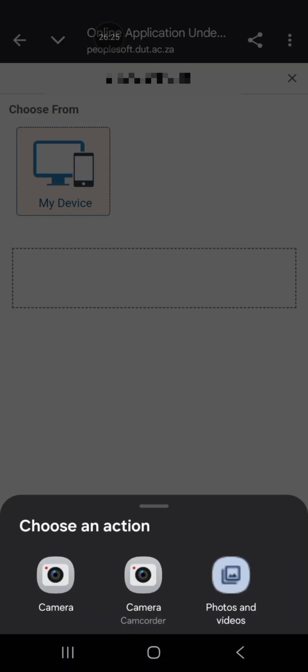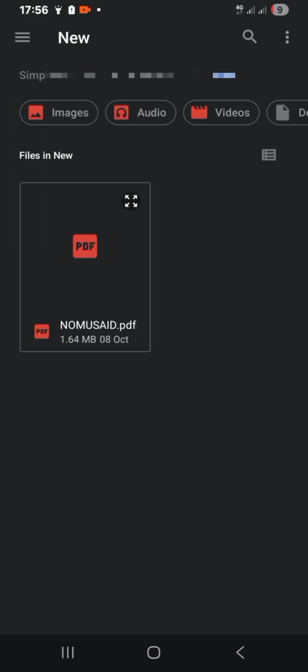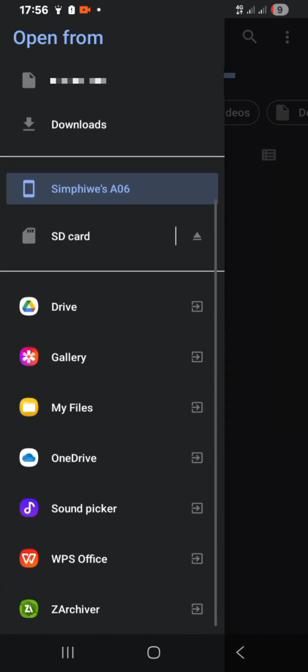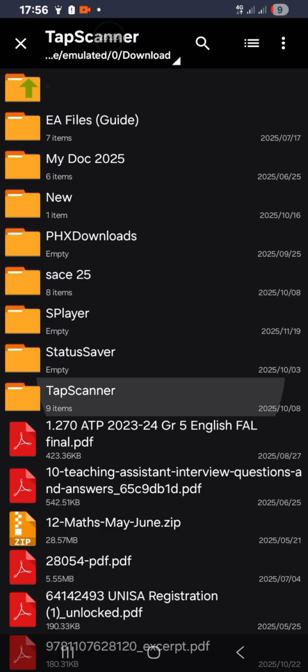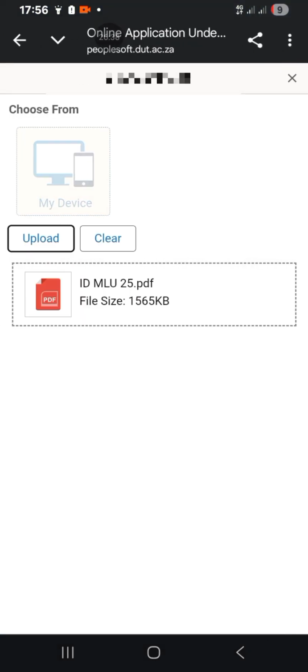You click lapho add my device, and then you go and select on your files the document that you wanna upload.